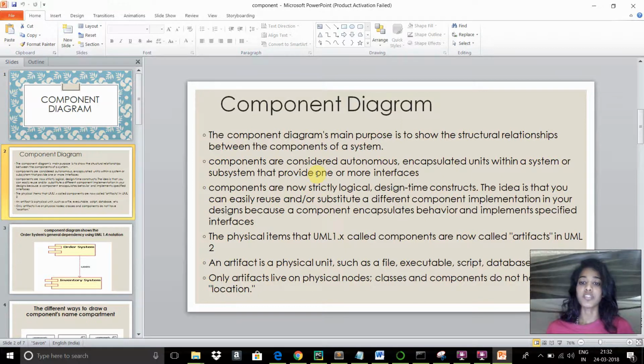Components are also considered autonomous, encapsulated units within a system or subsystem that provide one or more interfaces. Components are now strictly logical design-time constructs. The idea is that you can easily reuse or substitute a different component implementation in your designs because a component encapsulates behavior and implements specified